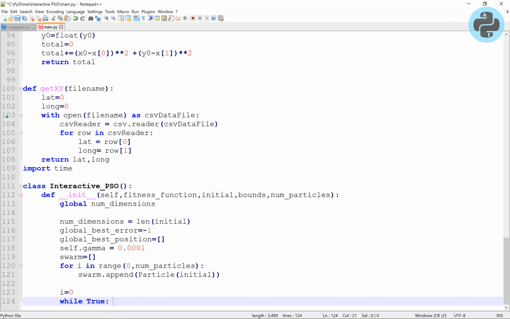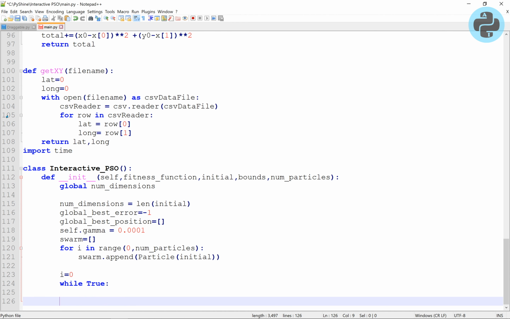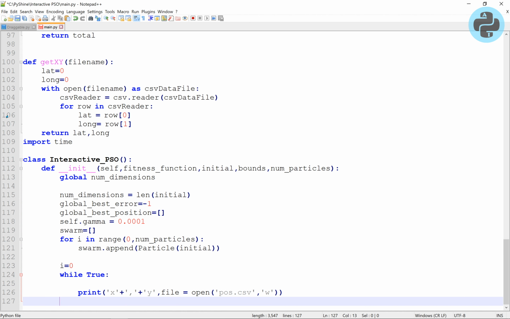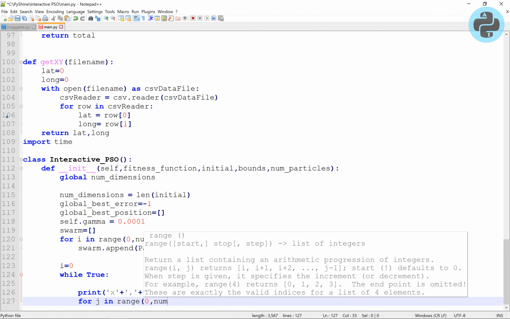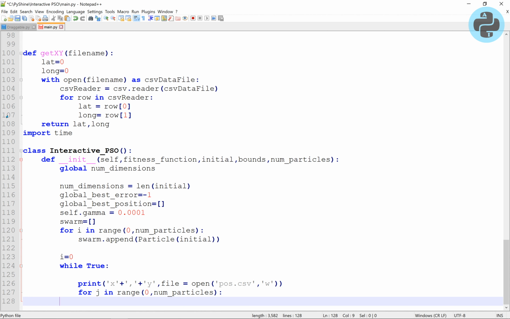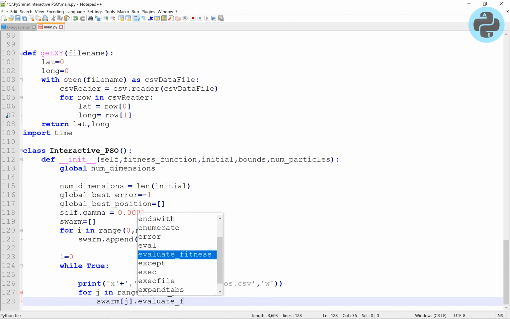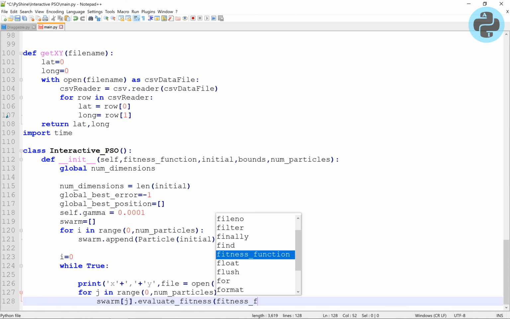Instead of setting a while loop for the maximum number of iterations, here, we will run the while loop forever to keep the environment interactive. For each particle, we will evaluate the fitness function.